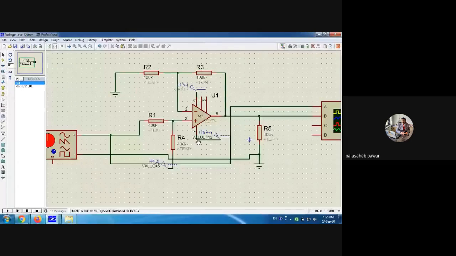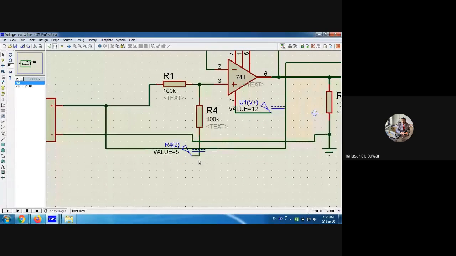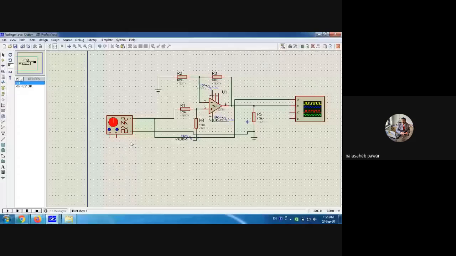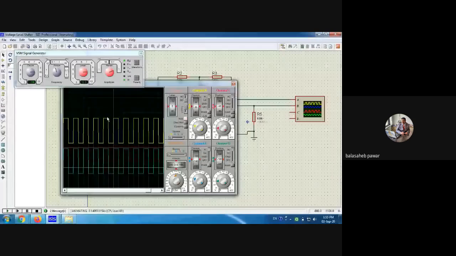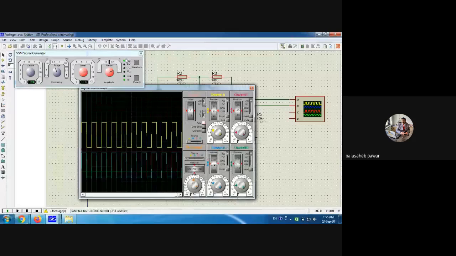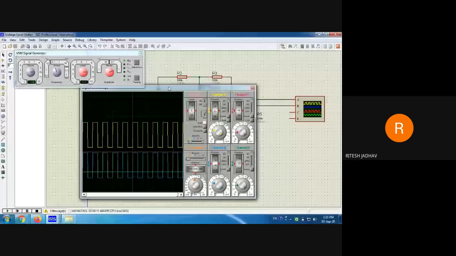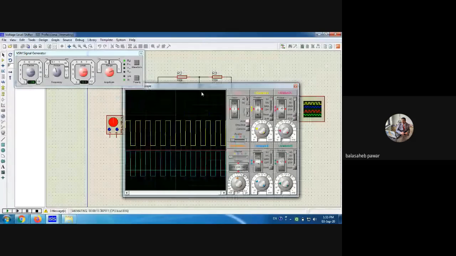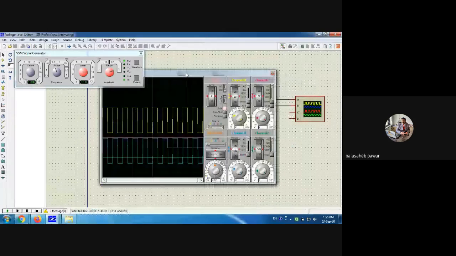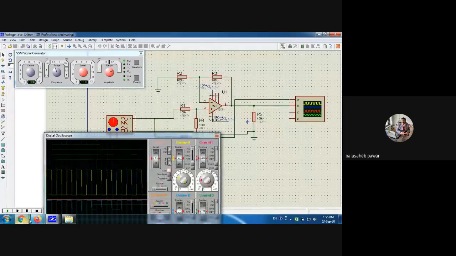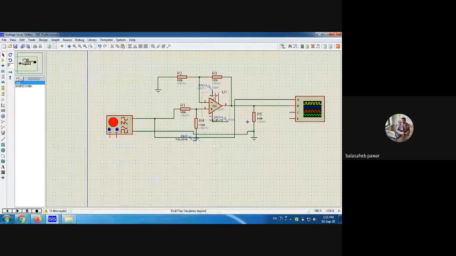One more thing you will observe, you might not have studied such types of circuits. First of all, I will just run it and show the results. See, I am applying a square wave of 10 volt peak to peak, and the frequency I have taken as 1 kilohertz. Is it visible to all? Yes, sir. So my input to this circuitry is a 10 volt peak to peak square wave with frequency, you can take 1K, 10K, etc.